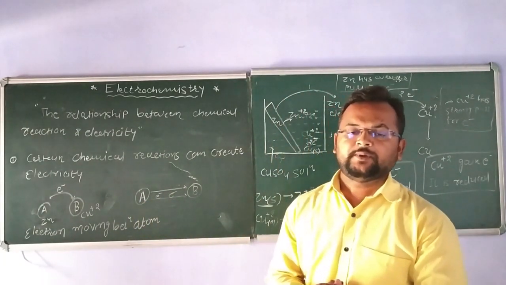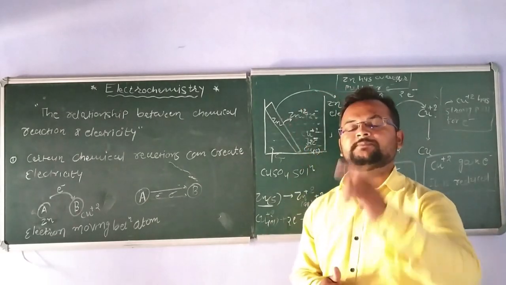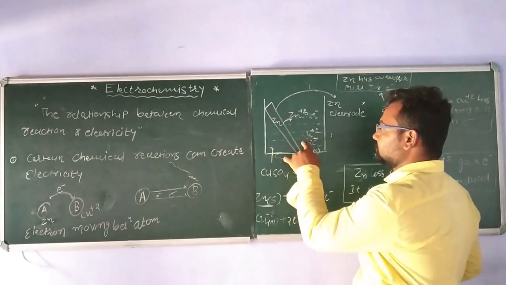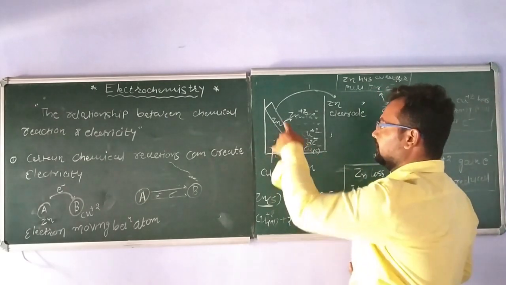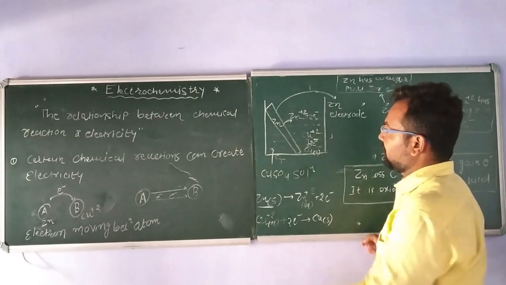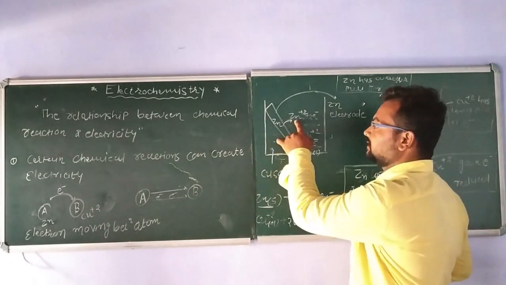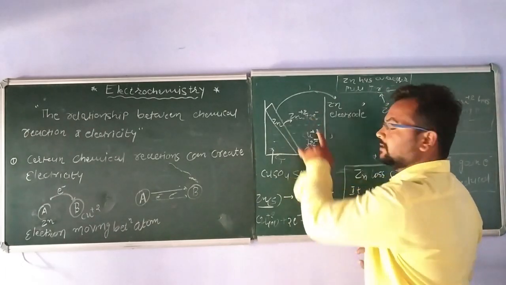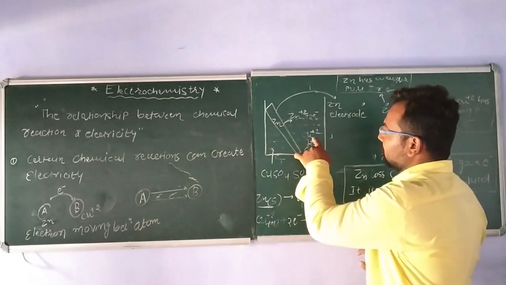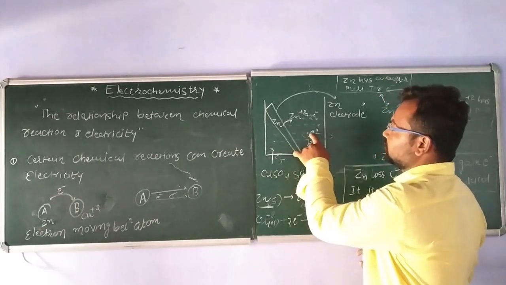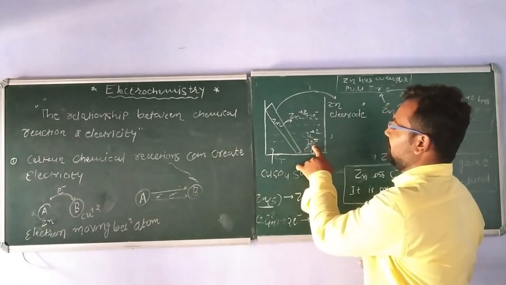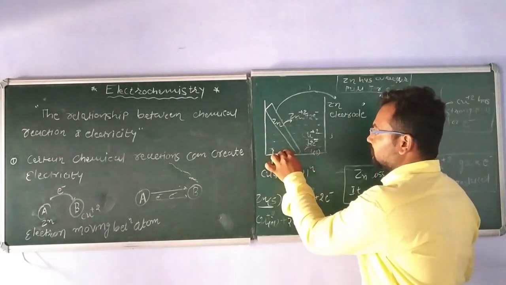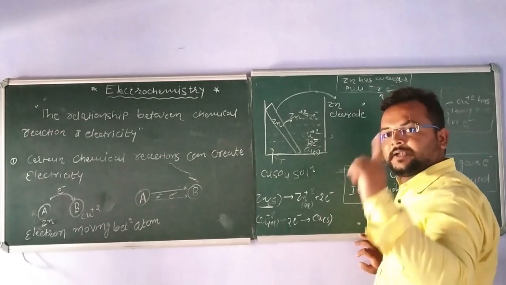For example, a simple oxidation reduction reaction takes place between zinc and copper. Here we take CuSO4 solution in a beaker and dip a zinc electrode. After some time, this zinc is converted into Zn+2. That means oxidation takes place and it releases 2 electrons. And here in CuSO4 solution, Cu+2 gets these 2 electrons and is converted into Cu in solid form. And we get the orange precipitate at the bottom part.